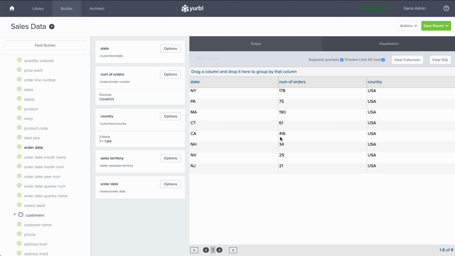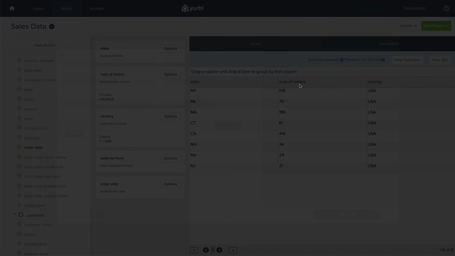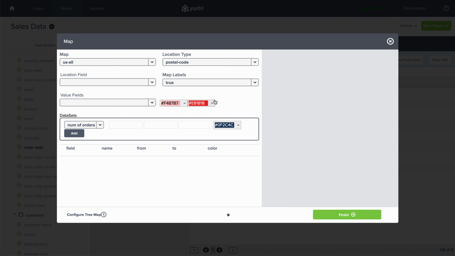So now that I've got a clean data set, what I'm going to do is pop into my visualization. And you'll see map. And it's a really easy configuration. First thing we're going to do is, am I using a name of a state, or in this case, the short name, which we're referring to as a postal code? You'll probably see some additional things come in here over time. This is version 1 of the map visualization. We're going to add a lot of new features. So this screen may look a little different, but it's going to work generally the same as what I'm going to show you. I'm going to select postal code.